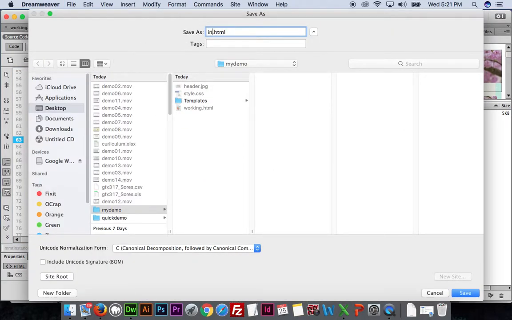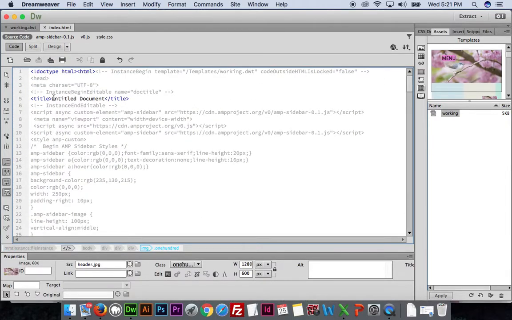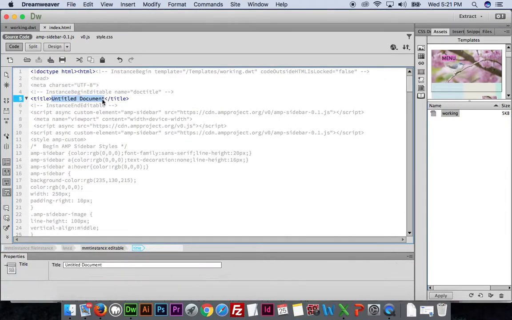index. That's why we call the file index working HTML, because we knew that the first one we were going to do was our default home page. And there it is. So as long as I'm doing this, I might as well change this to demo home. Demo home. Okay, so there it is. So there's my home. And then once I save,